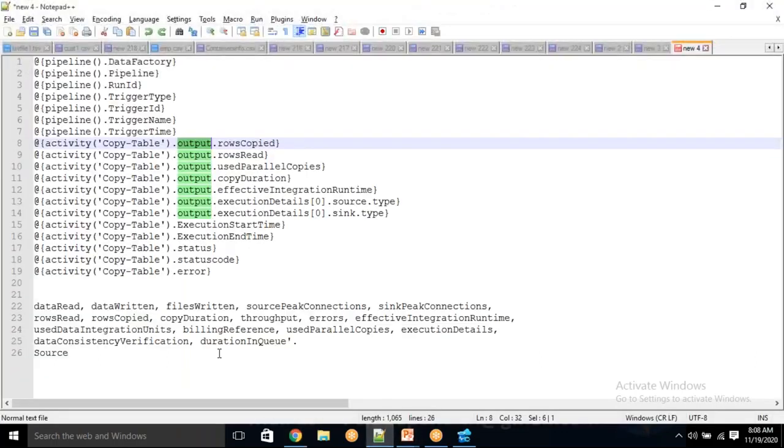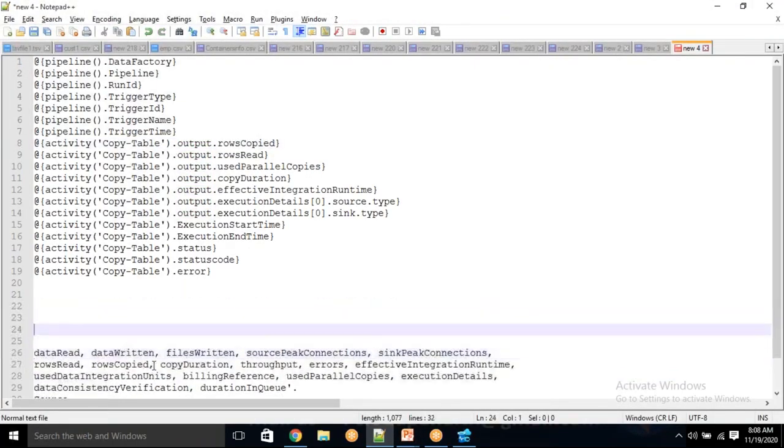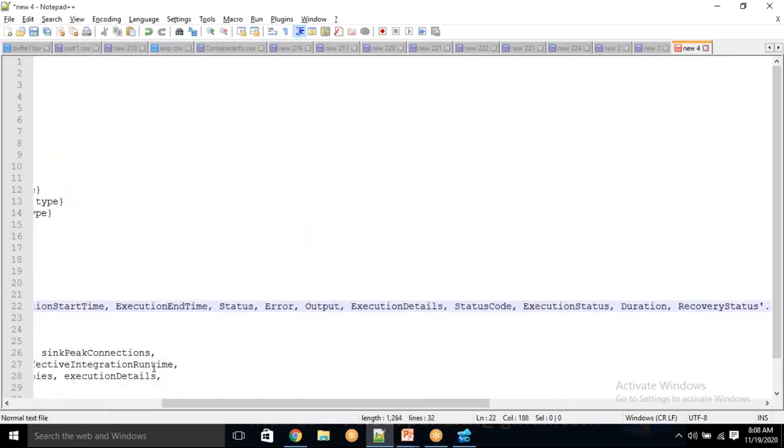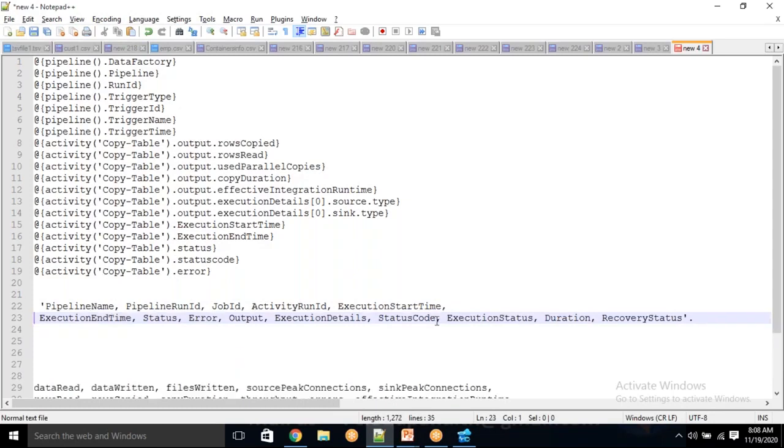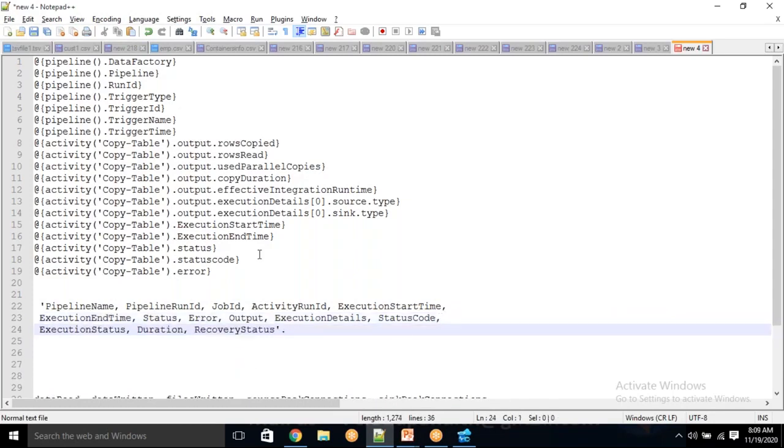Let's come back. Let me keep these things on top. These are the properties which are available directly on the activity. I have applied many of these things. Directly I'm using start time. Yes, it is available. End time is available. Status is available. Status code, error, all these things are available. Not only